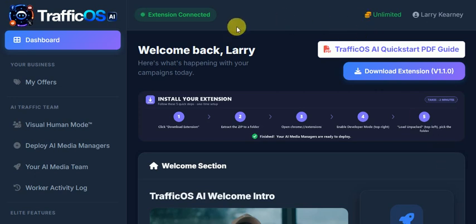Now I'm going to go through a demo. This is using AI, and they have a number of different bots or robots that handle all the work. So the person doesn't even know that they're not talking to a real person. And as I said before, it's going to offer them advice, comment on their comments, and also show your affiliate link once they message you. So everything's done for you.